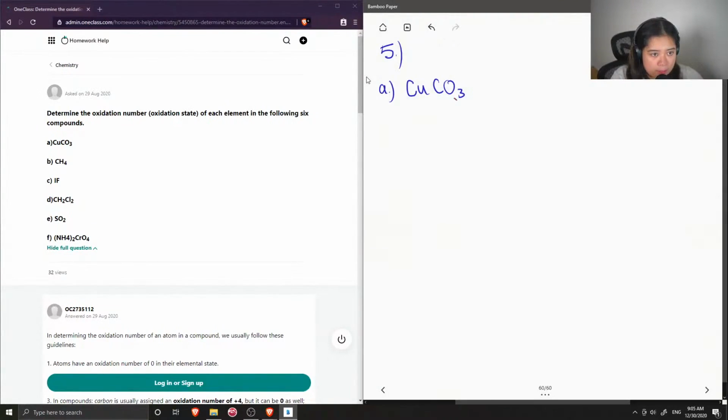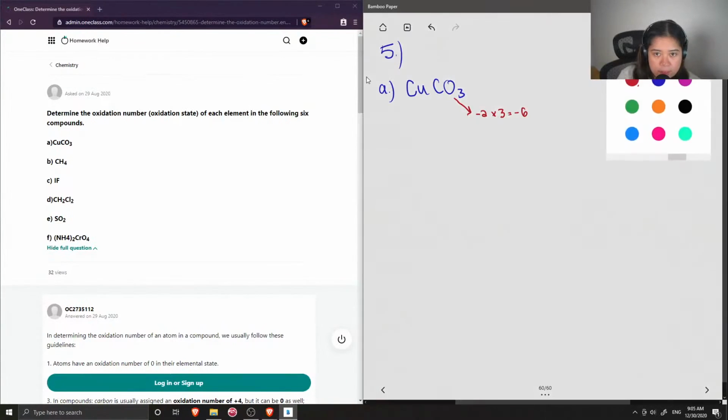So recall that oxygens typically have an oxidation number of -2. But since there are 3, then its total contribution of charge is -6. So I'm going to show just the contribution of all the oxygen atoms, but I'm going to circle -2, since when we report the oxidation number, we report it for a single atom. So the oxygen's